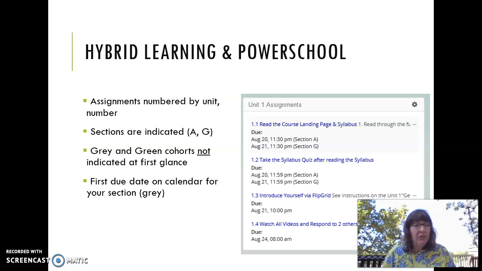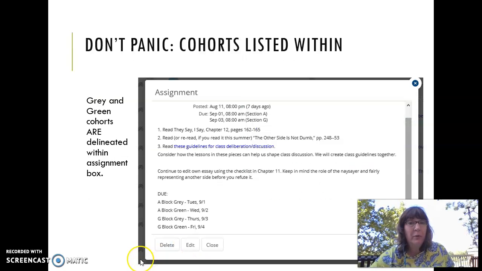You'll notice that I'm indicating sections, I have A and G, but you won't see the cohorts. Green and gray are not immediately visible. Instead, what I'm doing is simplifying it, and the very first time that that class, A or G, meets, which will be gray, is the day that you'll see the deadline on here. All right, so if you're in green, not to worry, don't panic.